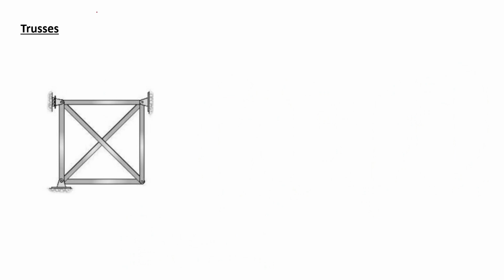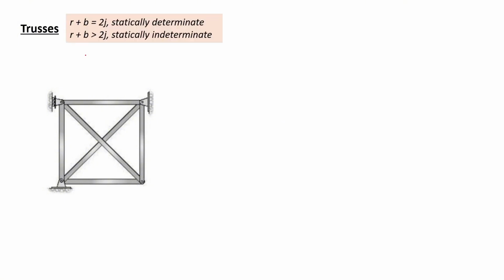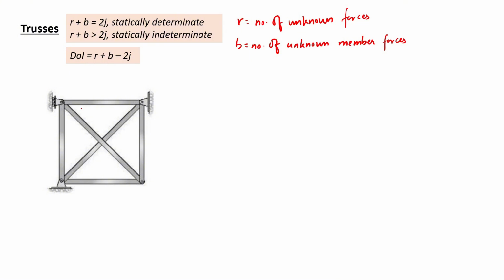Now finally, let's look at trusses. For the trusses, we have one more concept to keep in mind before proceeding. So this is the formula to find whether it's statically determinate or indeterminate. So degree of indeterminacy would be r plus b minus 2j, where we know that r is number of unknown forces. The b is number of unknown member forces. So in a truss, each member will have its axial force, whether it's tension or compression. Those are the unknown forces that we need to add on, and then j is equal to joints, number of